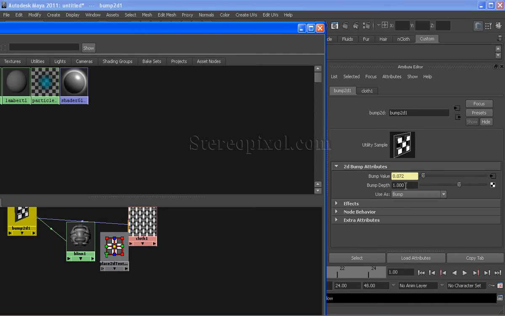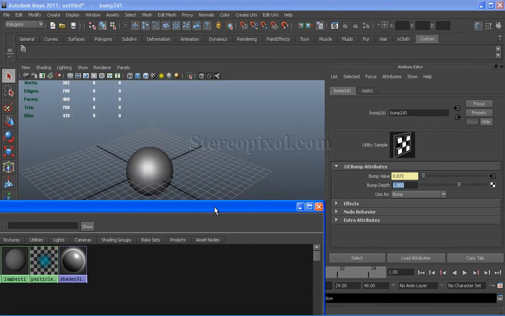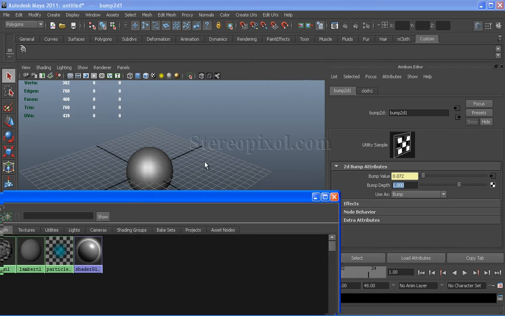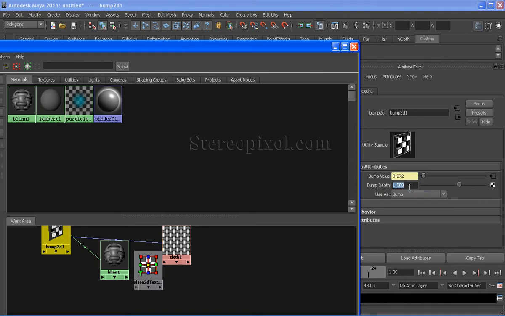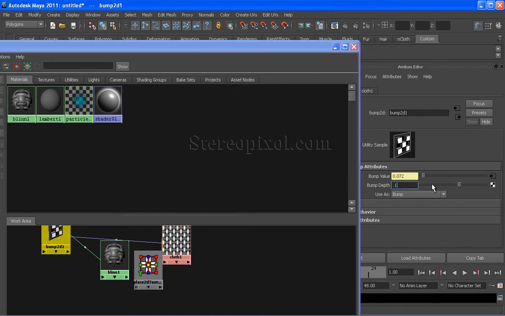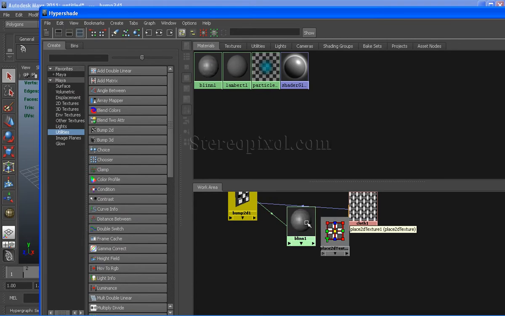So the default value is 1, and I can crank up or down the value, and it will change the surface detail on the object we will apply the shader into. So I am putting the value to maybe 0.1, and I can already see the deformation in my shader.